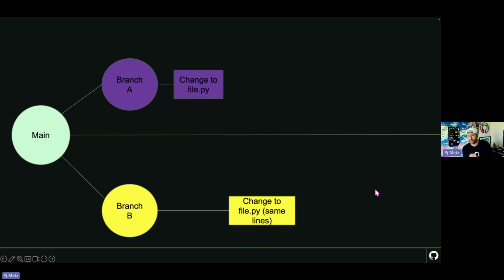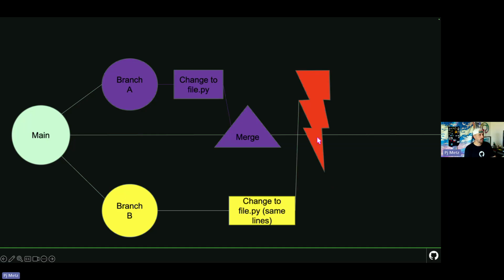So this next order of operations is important. We merge branch A in here, and I'm using the triangle here to indicate that's a merge action right there. So now main has changes to file.py in it that branch A made. Down in branch B, when this branch goes to merge, that's going to lead to a merge conflict, and here's why.